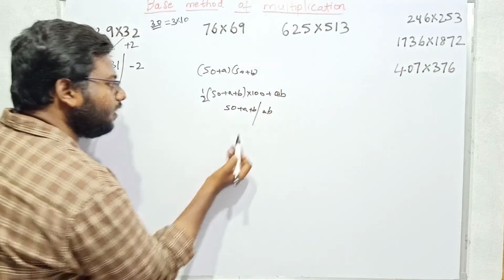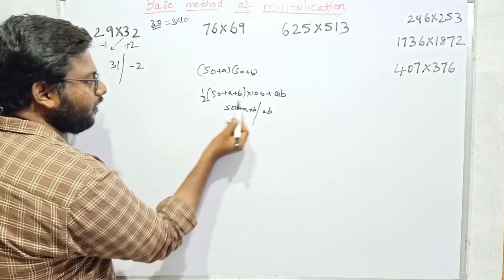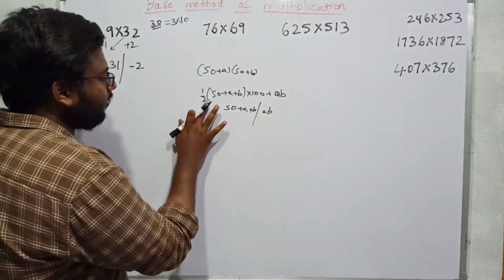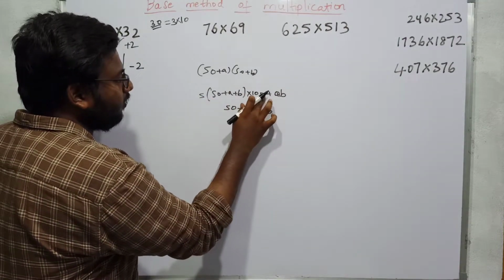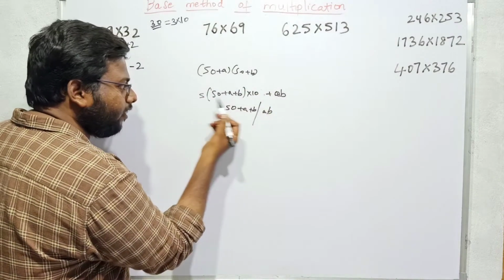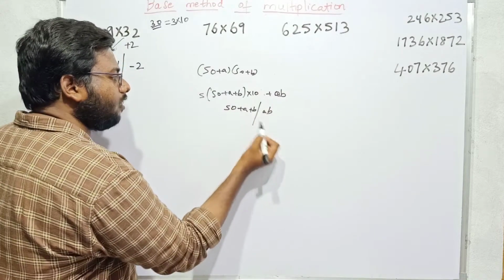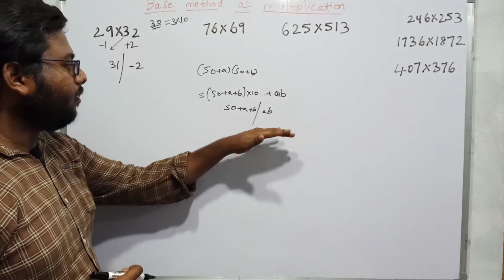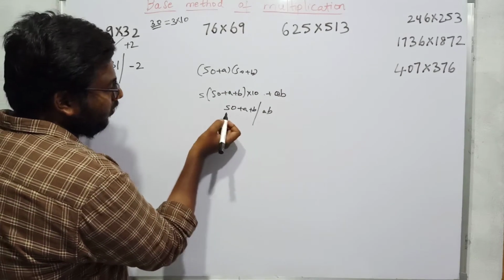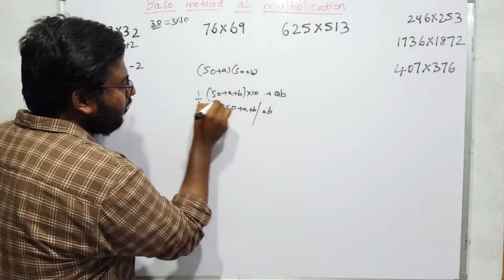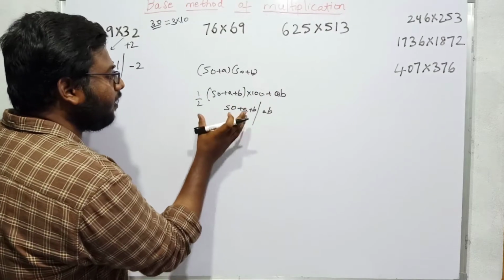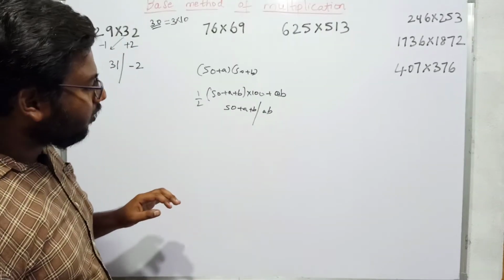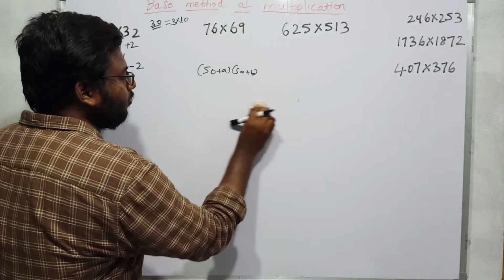If you observe this clearly, this number is affected by half into 100, and this ab is not affected by any half. And if you write this in the decimal base 10, this number is affected by 5 into 10, and this number is not affected by anything. So you have to settle this first, and then you should add ab. To settle it, you have to multiply this with half into 100, otherwise 5 into 10, and then you should keep the less part and you can remove the slash. So you should go to the previous step. I think you got this concept.